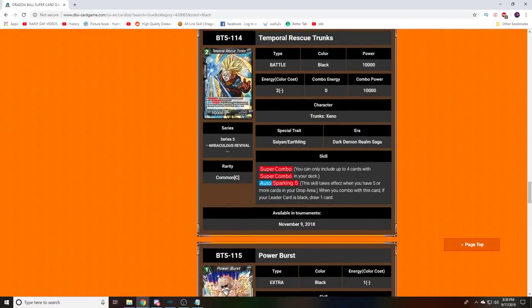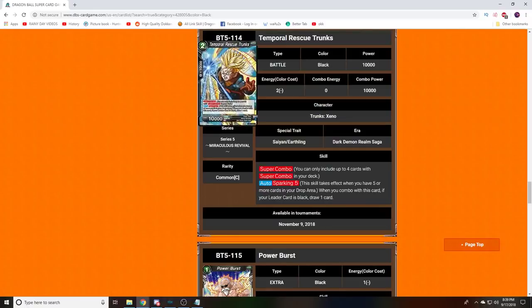Super combo, auto, sparking 5. This skill takes effect when you have 5 or more cards in your drop. Yeah, they add another keyword for sparking. It is a temporal rescue Trunks. Nice to see another black super combo. When you combo with this card, if your leader is black, draw a card. Nope. Okay. The 10K is automatically...